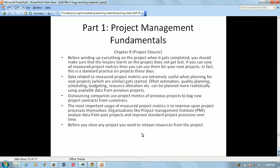The most important usage of measured project metrics is to improve upon project processes themselves. One area which is above projects, like at the program management level, is that you can improve the project processes themselves using this project metrics data. For example, suppose you have a project where a software product related to, say, customer service management is being executed, and the same company had executed a similar project previously. So they have a lot of project data from that previous project,